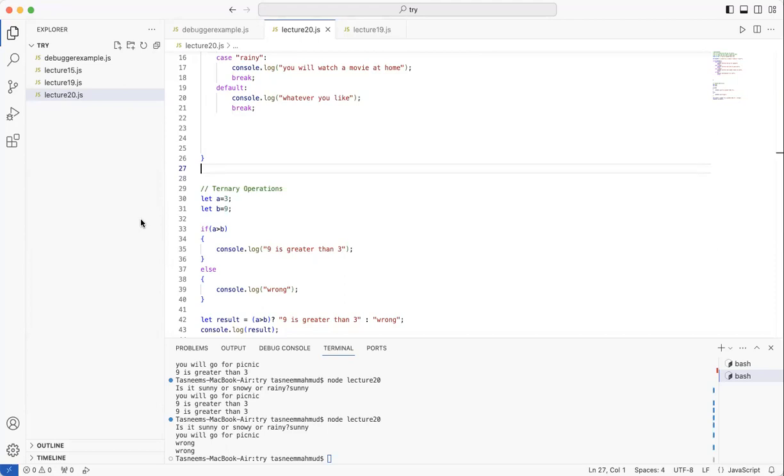I think it's good to have options, especially because we all have different preferences. As a beginner, I am finding it a little bit confusing to determine when to use switch cases as opposed to if else. So I guess that'll come with practice. But it would be nice to have a rule of thumb of, okay, this is when you use this and this is when you use this, especially if we're starting off.